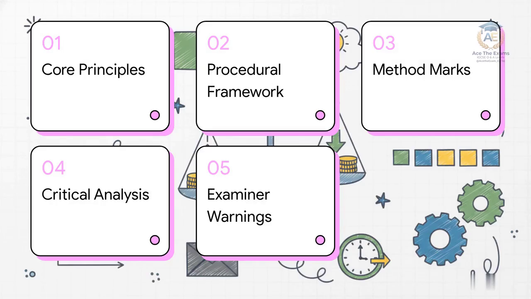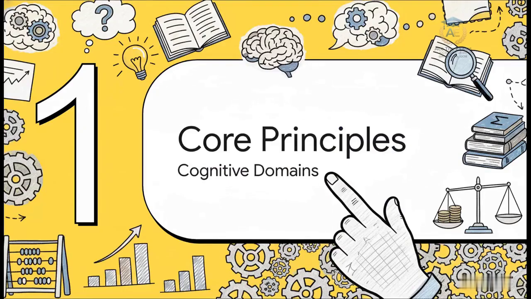Here is our highly structured, time-blocked roadmap for this session. We are moving logically from the core trial balance principles directly into the technical procedural framework. Then, we'll cover securing your method marks, critical analysis and evaluation, and finally, the top 3 examiner warnings you absolutely must avoid. Let's start with Section 1, Core Trial Balance Principles, specifically focusing on the cognitive domains the examiner is